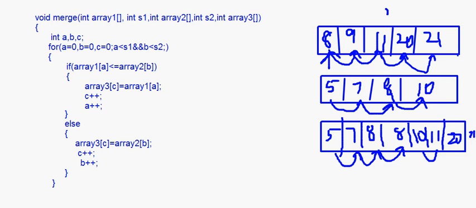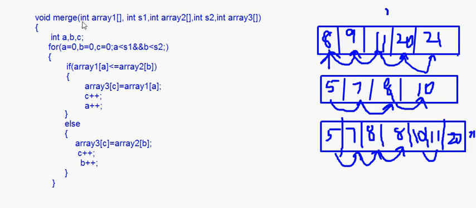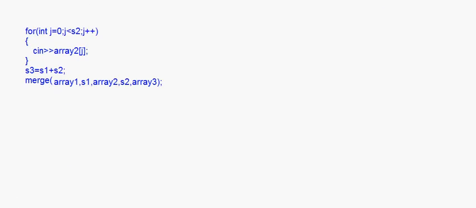So this is the condition here which says while A less than S1, so it will go on till A is no longer less than S1, the size of that array, fine. So this is basically the merge function which you have to write. This is what you have to learn properly. And then when you go back to the main function, after the merge is done, you can just display the merged array, that is array C, right?